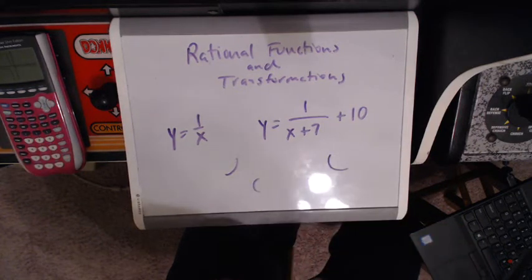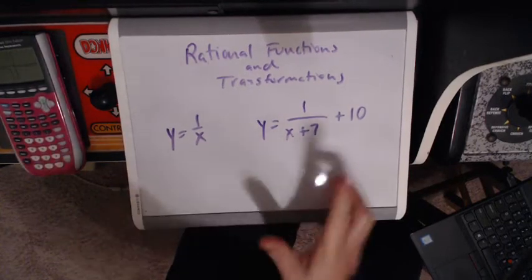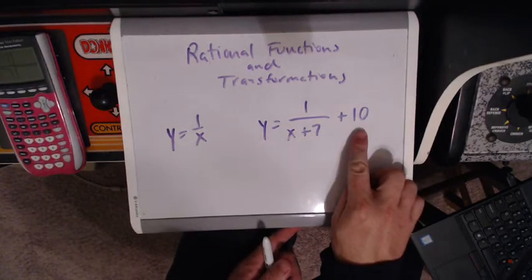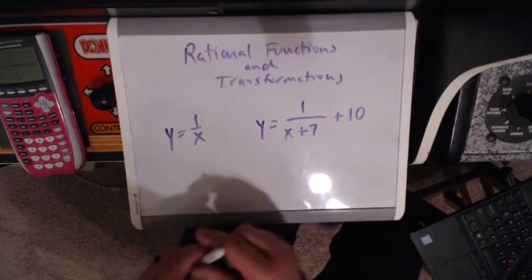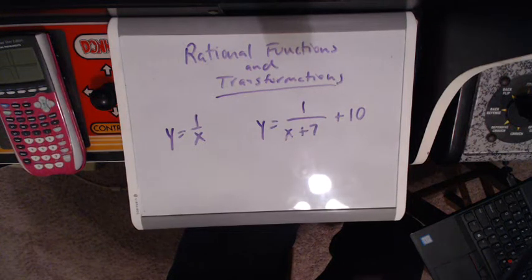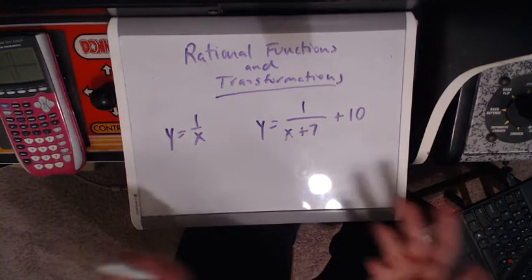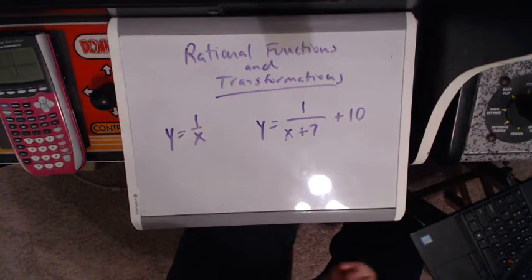But just a real quick rule of thumb, if you ever have it in this form, this is going to be your horizontal asymptote. The opposite of that will be your vertical asymptote. It's just based on these transformations, all right? So just a quick thought, but like I said, you can always put it back in the form we had it by doing common denominators, and you're back to the same thing. Okay, so saying that, no big deal, but I just wanted to mention that to you